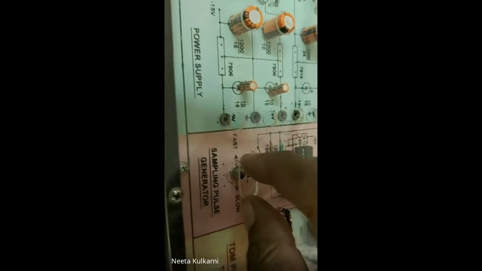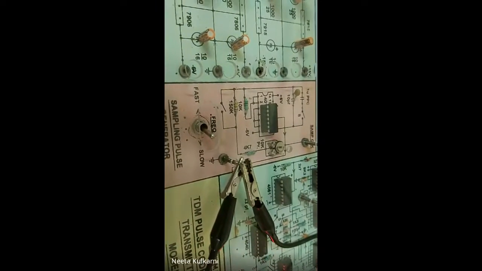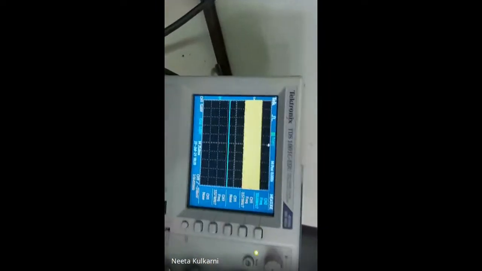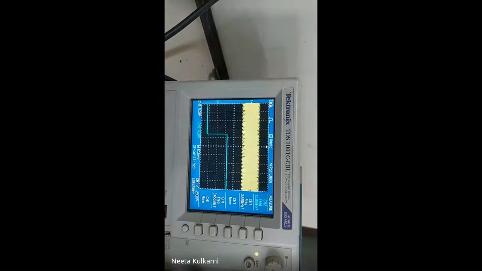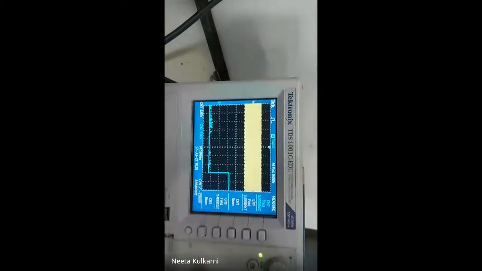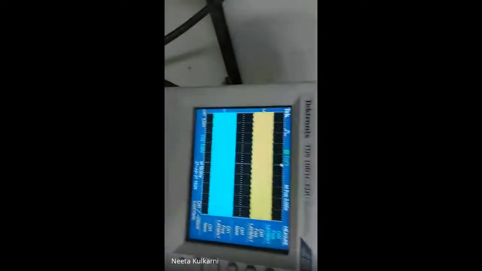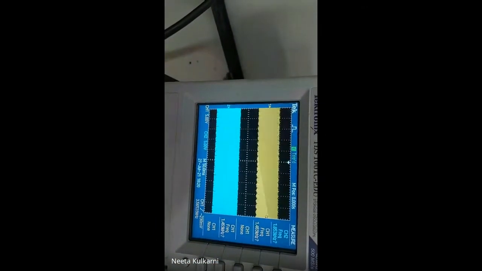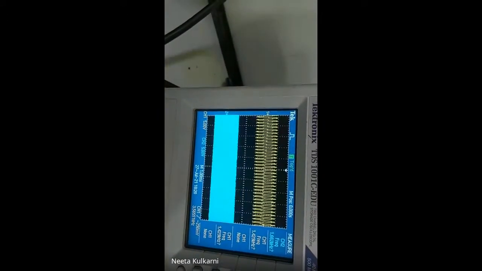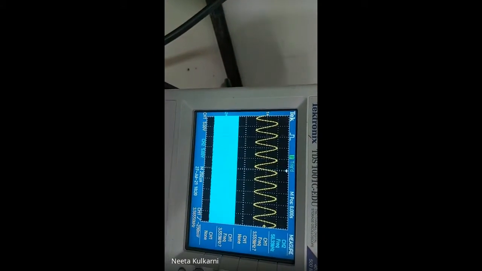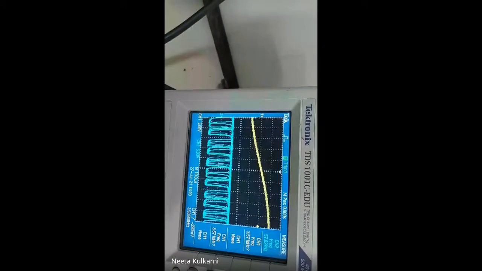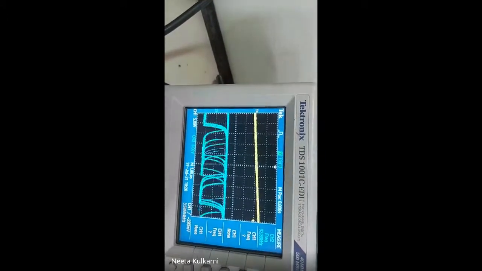If you observe here, we have the knob for fast and slow. If you press slow, we'll get the output in a slow manner, like this, 1 bits like that. And when you press the fast button, we get the output the fast way. That's because the frequency of the sampling clock is very, very high. So I'm reducing the time per division, and I'm getting the output here like this.